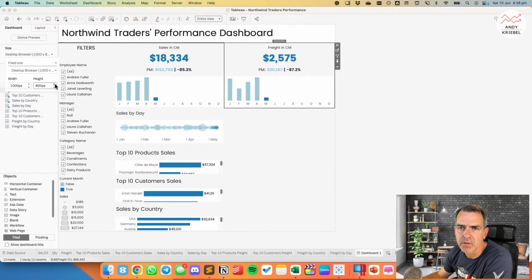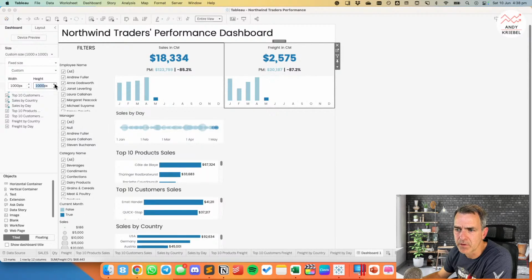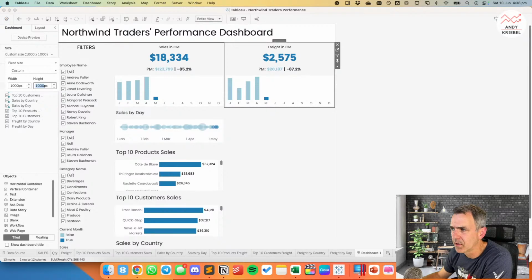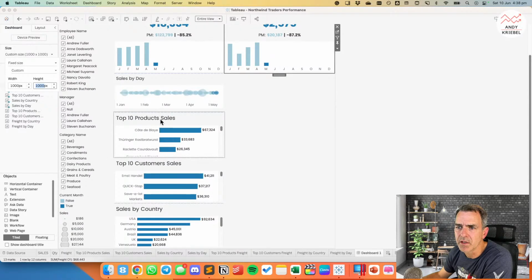I don't need it to be any wider, but I do need it to be taller. So if I do that, yeah, so this still